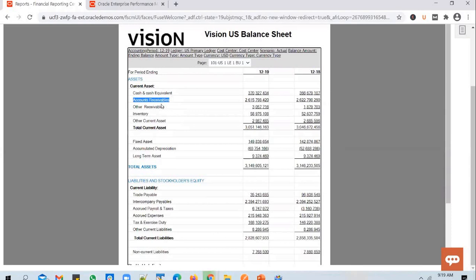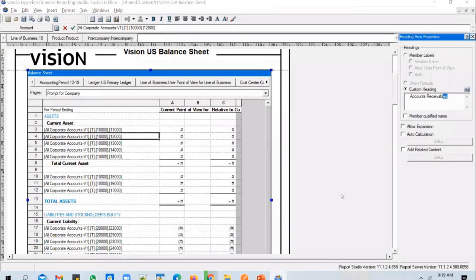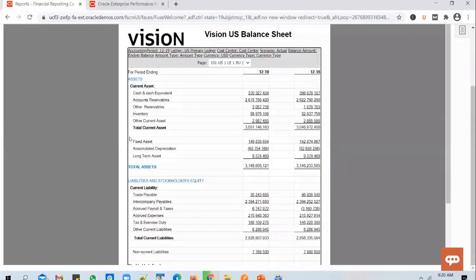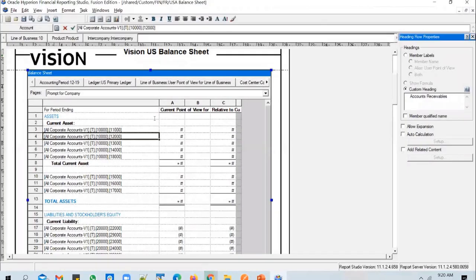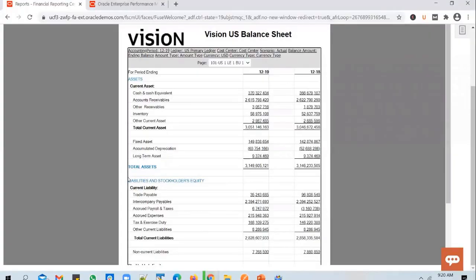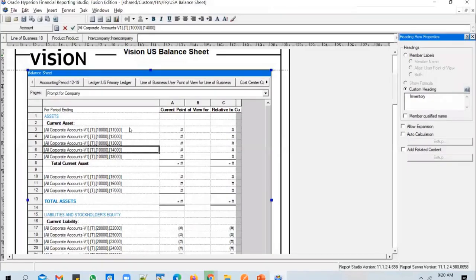So to help the user understand what the balance is all about, you can give a custom heading to the row. So what Oracle did is as rows, it has configured the account numbers. Under current assets, first it has added the cash account, second accounts receivable account, third other receivable accounts, fourth inventory account.